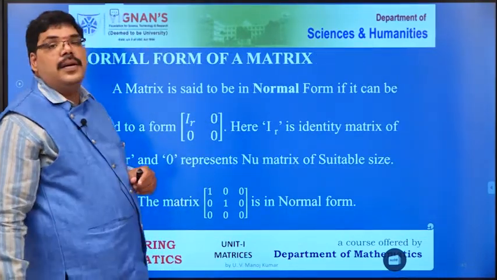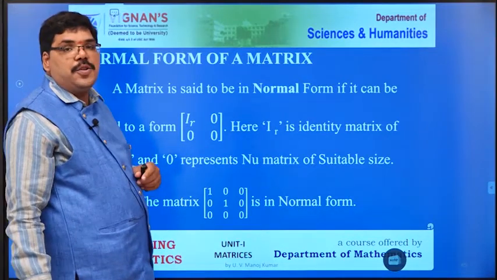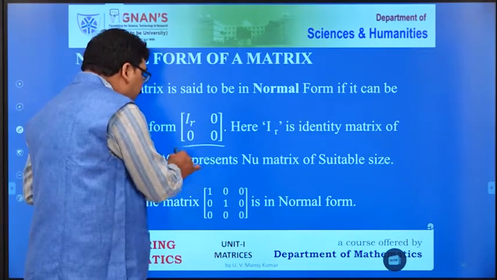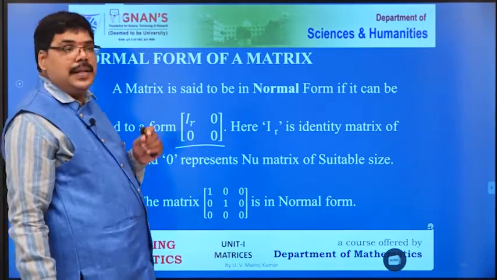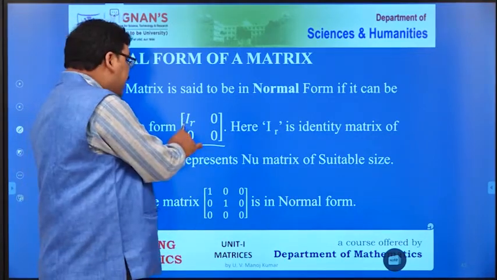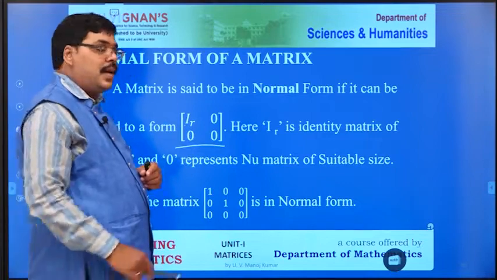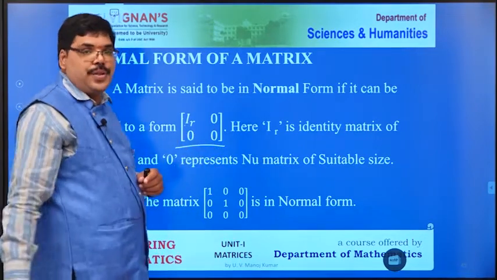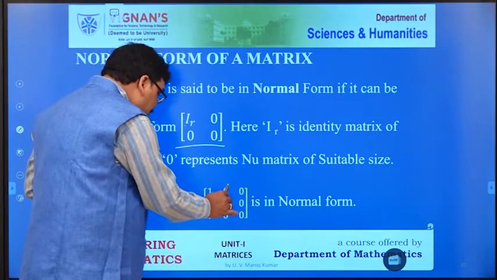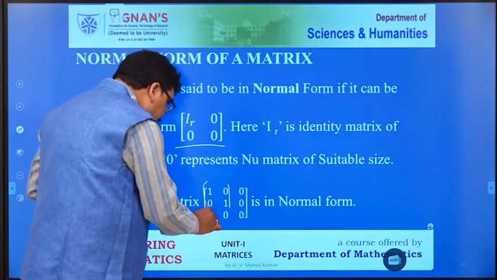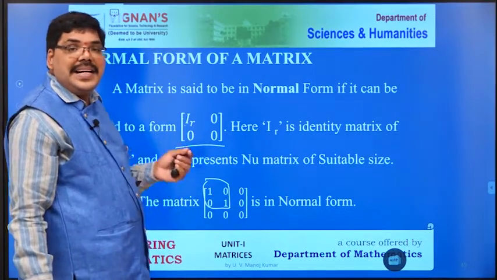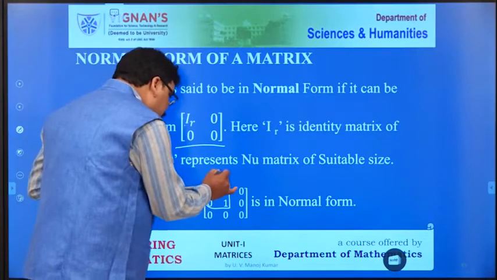Another form, normal form. A matrix is said to be in normal form if it can be reduced to this form. What is this form? This is the identity matrix of size R by R. Identity matrix is a square matrix, and all remaining elements should become zeros. So, this is an example. If you consider this part, that is the identity matrix of size 2 by 2. So, this is